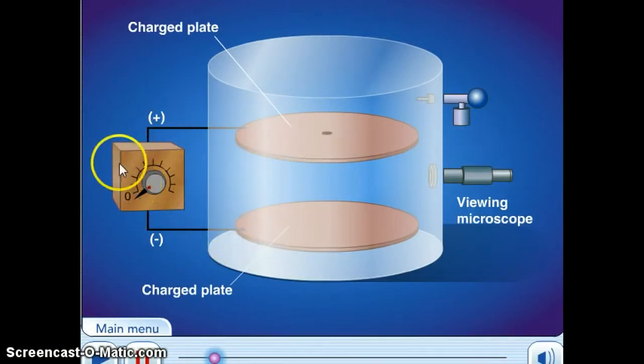And he has basically a power source of some sort that allows him to control the voltage that's exerted by these charged plates. So he can control how much voltage difference there will be between these two charged plates. What he did was he had a canister, or a can, containing oil,